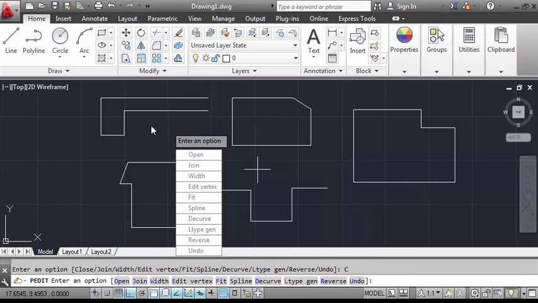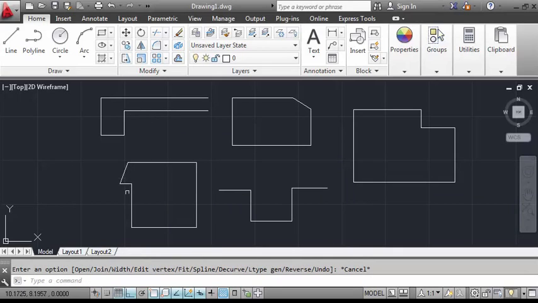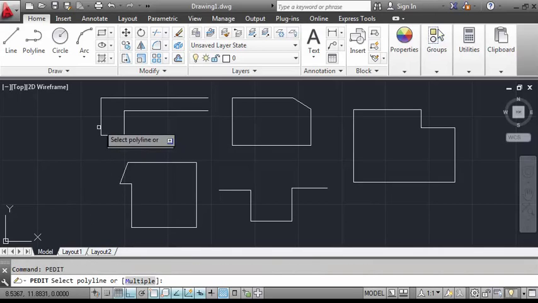Next is join. I'm going to type edit and then select polyline. As you can see, these two are not joined together, or they are separated. So let's join them.